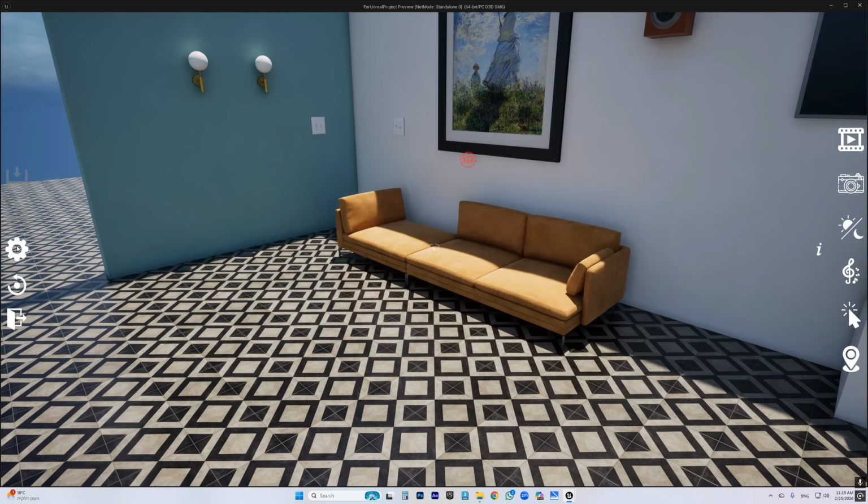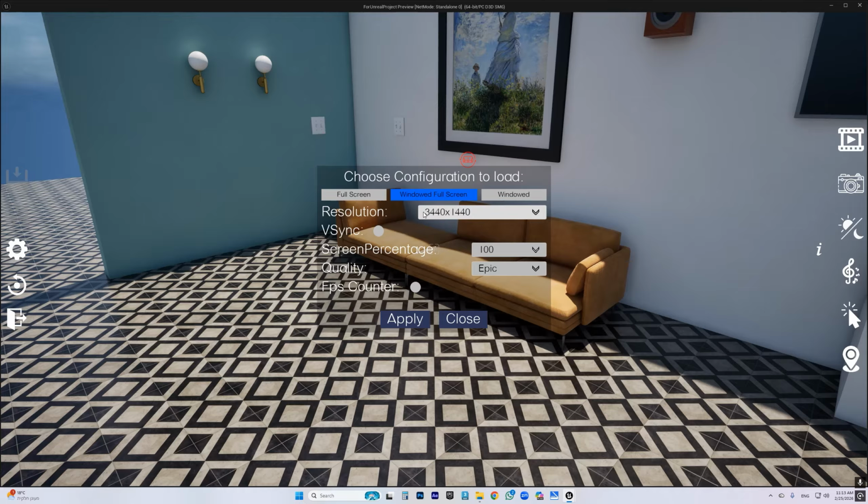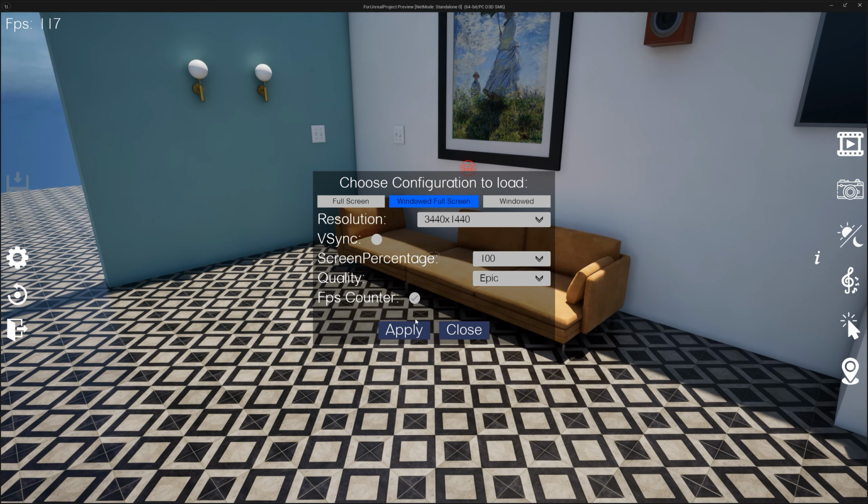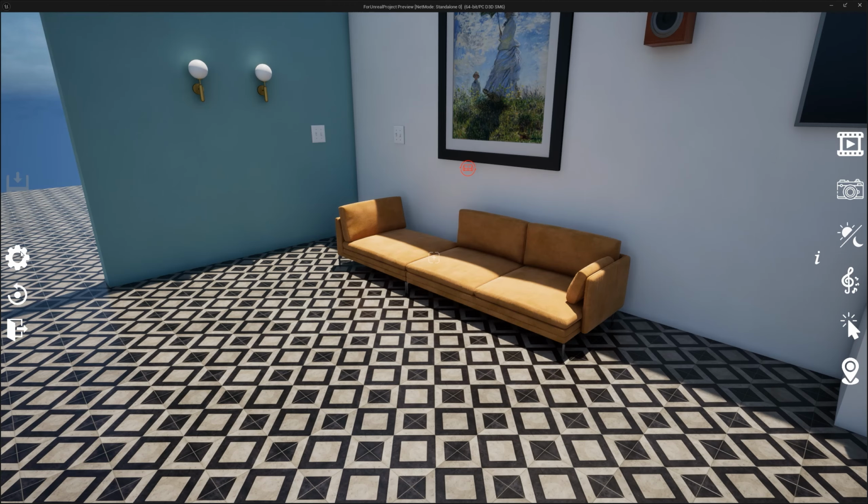And you can go to settings and change things like screen resolution, VSync on off, screen percentage, quality for lower end PCs. You can see the frame counter if you want. Let's apply, and you can see the frame rate up here and a bunch of other things. You can go to windowed mode, full screen, whatever you want. Okay, and the last thing I'm going to show you in this part is this icon here. So you have multiple levels in your project. You can always go from one level to another